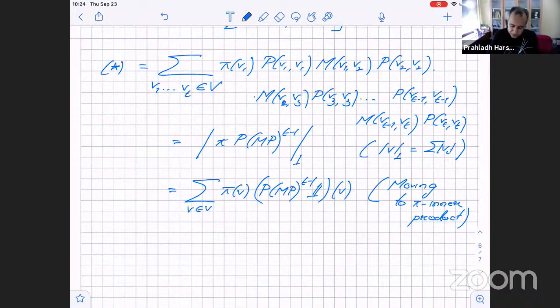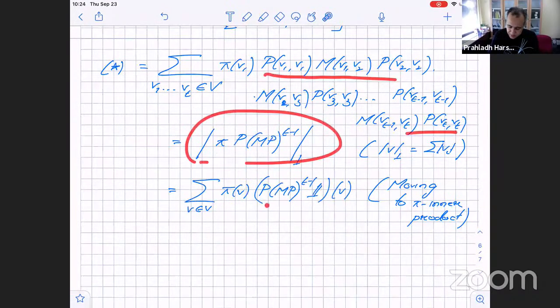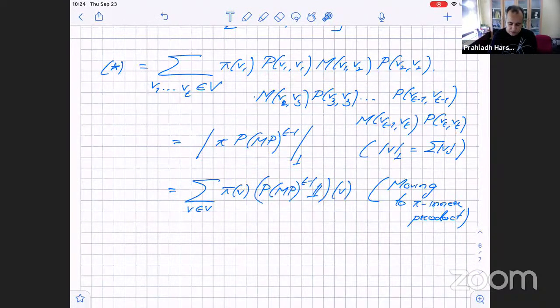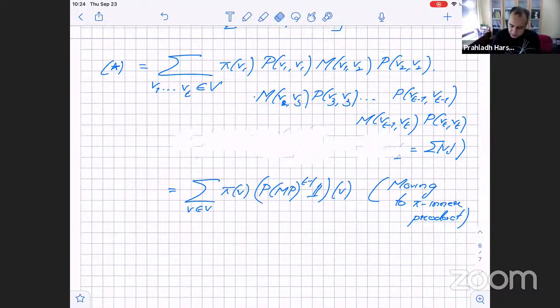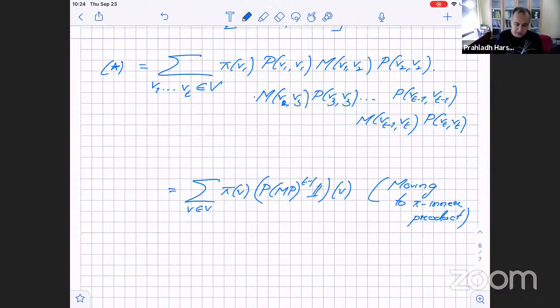Actually, ignore this intermediate step completely. This object, p2 all the way up to pt minus 1, is exactly PMP^(t-1) at v, and then I'm multiplying it by pi v. So actually let's ignore this statement, forget about this intermediate statement. I want to say that this quantity which I have written above is exactly this quantity,